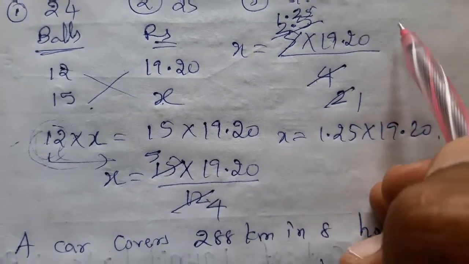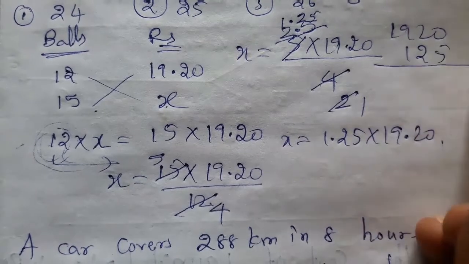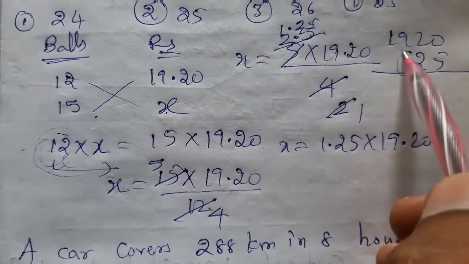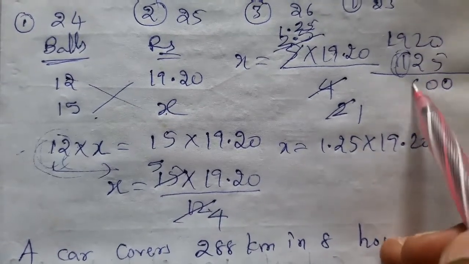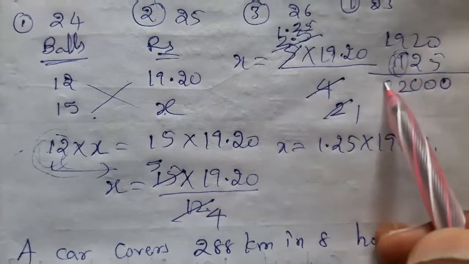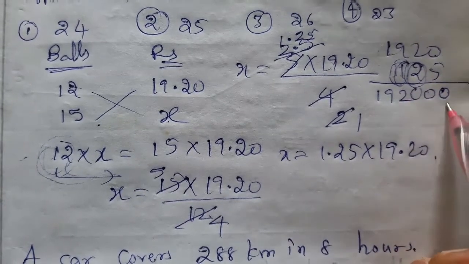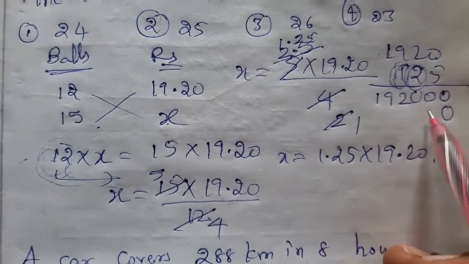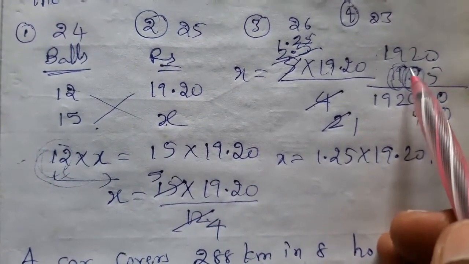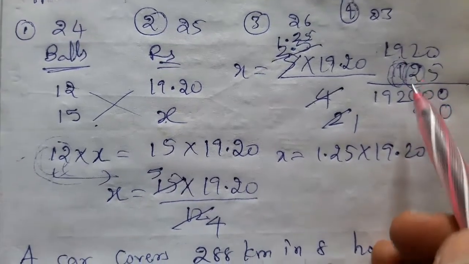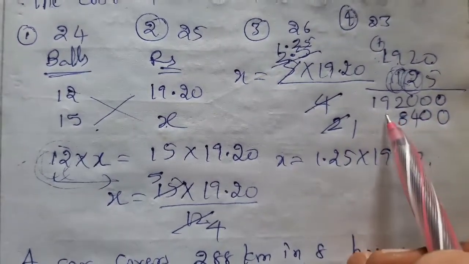First of all, forget about decimals. That means 1920 into 125, isn't it? Now I am multiplying with the hundreds place digit, so putting two zeros. After that, 1 into 0 is 0, 1 into 2 is 2, 1 into 9 is 9, 1 ones are 1. Now I am multiplying the tens place digit, so put 1 zero. After that, 2 into 0 is 0, 2 2s are 4, 2 9s are 18, 8 and 1 is carry, 2 ones are 2, plus 1 means 3.